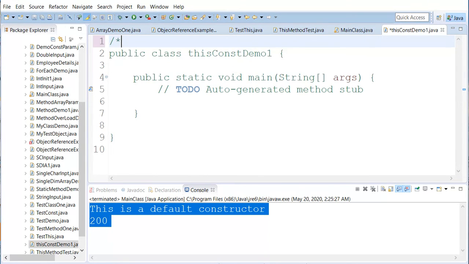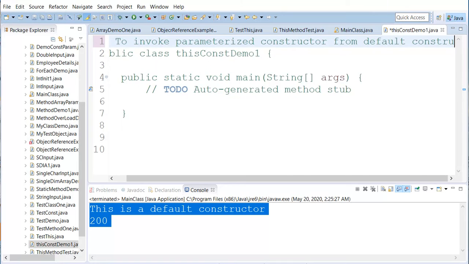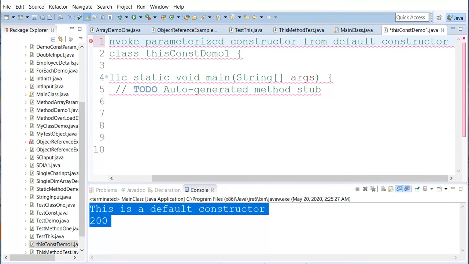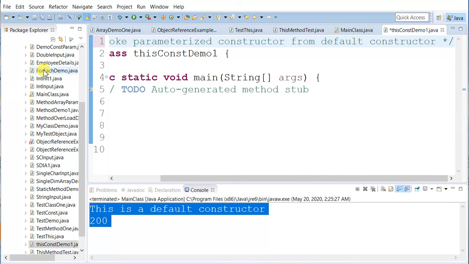So here, to invoke the parameterized constructor from the default constructor, how exactly will that work?